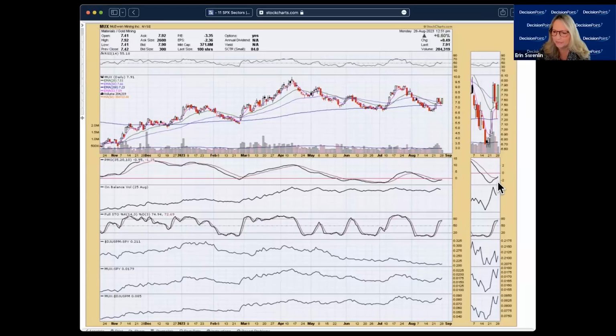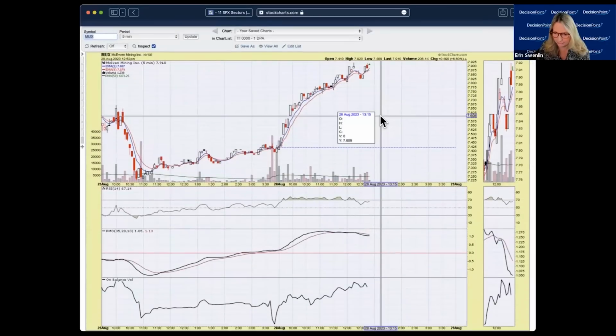Got a PMO buy signal just came in, stochastics rising, and look at this one compared to its group, the gold miners. It's got rising relative strength to the group. So I like that look, and RSI positive. This one looks pretty good. It looks like a flag formation. The only problem is, of course, getting in right now on a 6.6% gain. I hate to do that when that happens, but it does look like a strong chart.